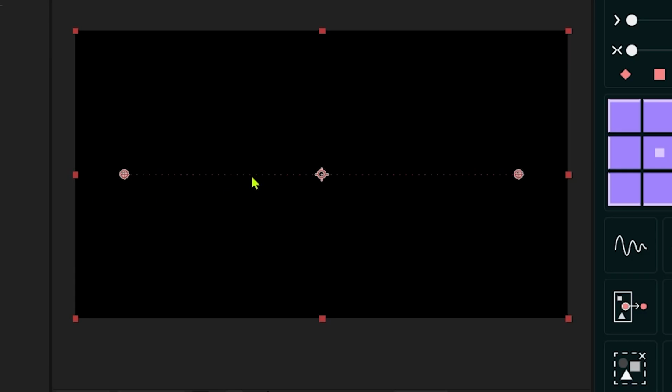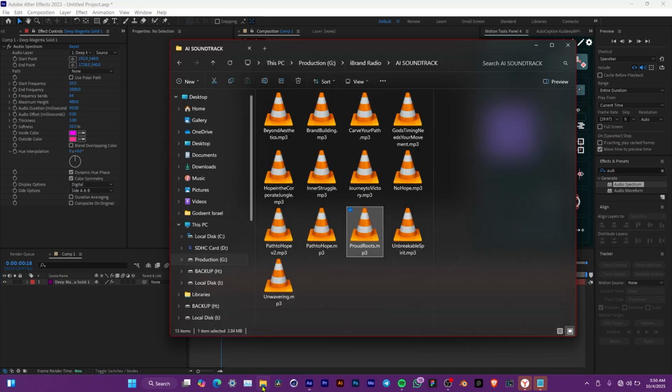So you can already see that this has formed the bar. You can actually adjust these points or make them smaller if you want to, but I'll undo that. And let's import our audio. I want to use this audio,